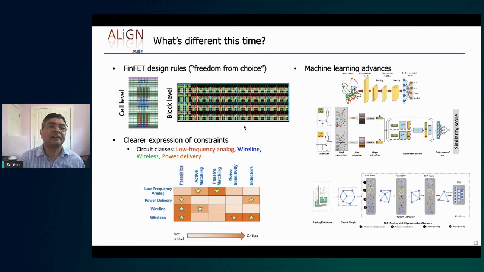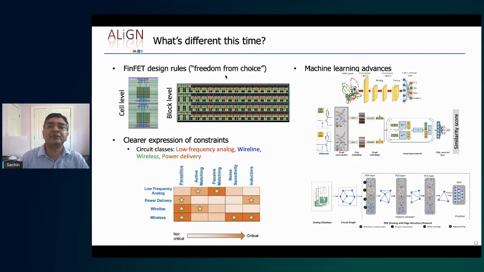In the past, an analog designer or a layout engineer could actually be a real artist, and they could enforce requirements such as symmetry by creating zigzag routes that were really hard for an automation tool to emulate. And so this kind of freedom of choice actually restricts the design space and makes it easier for a design tool.